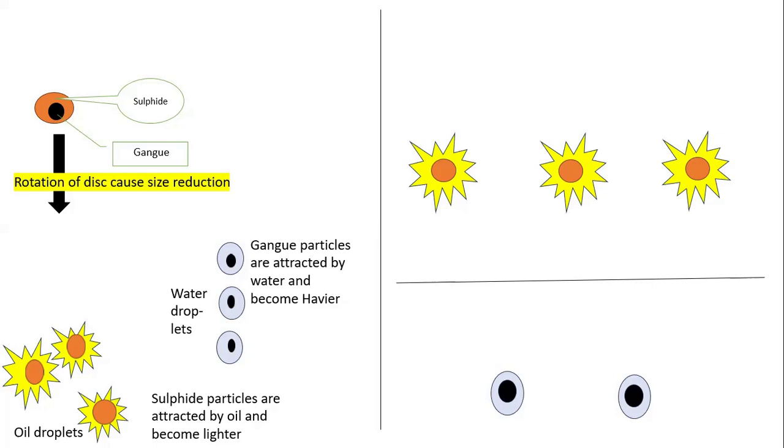This process is mostly carried out in mines or your petroleum industries, where the separation of petrol or oils is carried out, or different types of materials are extracted from the ore. This is your froth flotation technique. So gangue is separated at the lower phase by water, which makes gangue heavier. The sulfides are separated at the upper phase by oil and air bubbles. So friends,